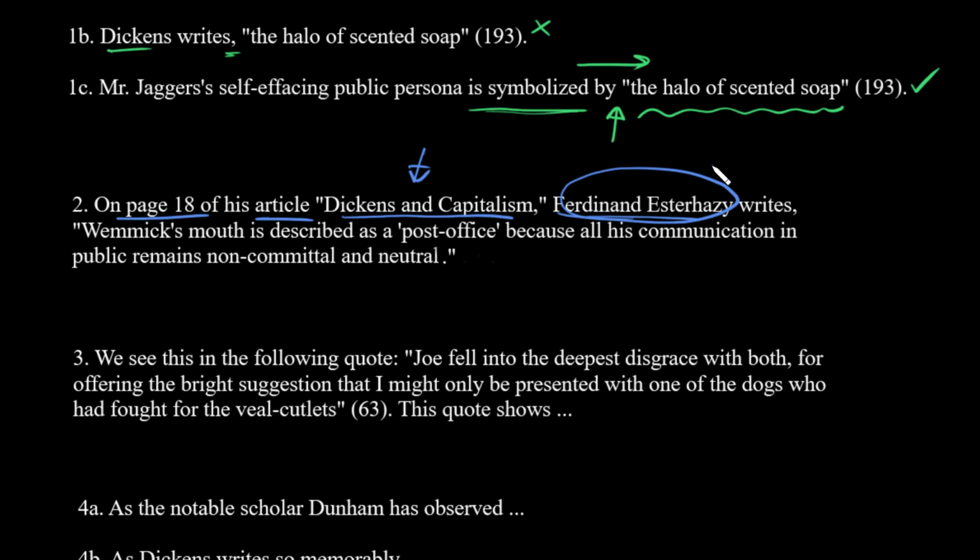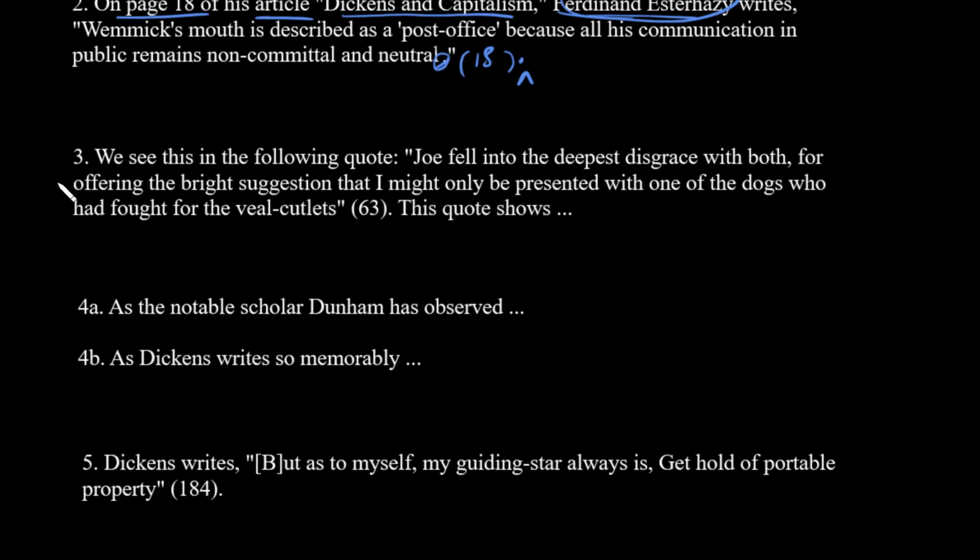The author is all you need, and then the citation can go after the quotation, which would be page 18 in this case, and then we get rid of the final punctuation mark, and we replace it with a period after the citation. The third thing here is also very common, and this is where students introduce the quote by